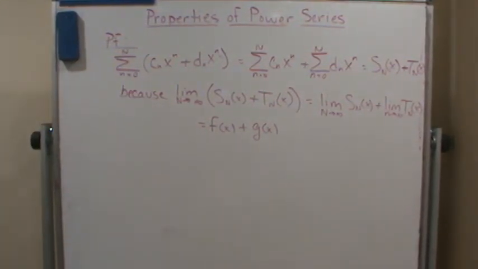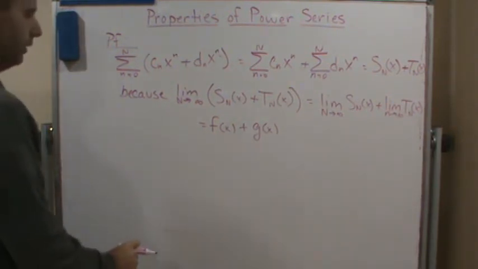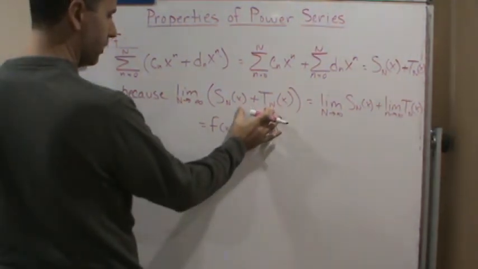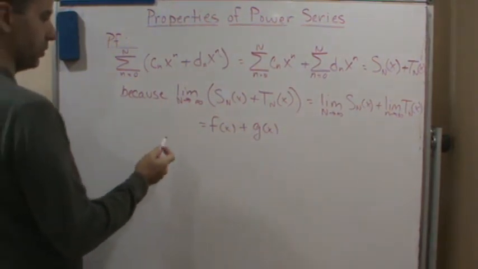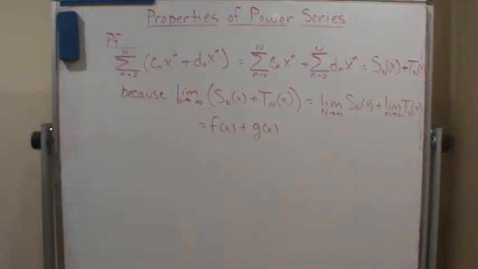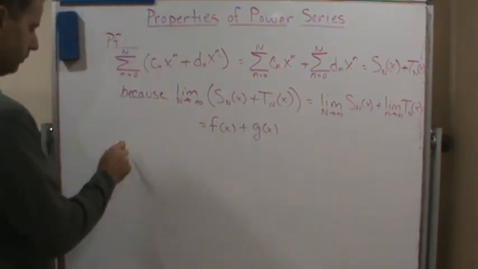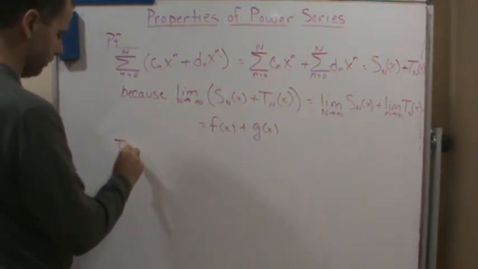That tells us that the sequence of partial sums, which is this, converges to f of x plus g of x. So therefore,